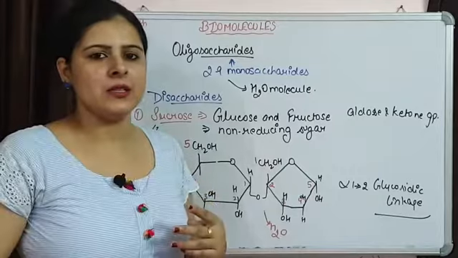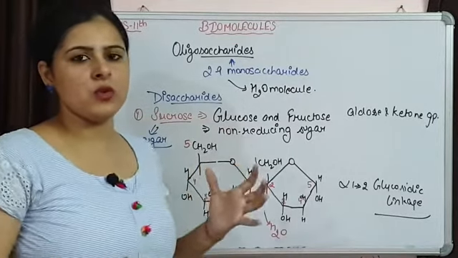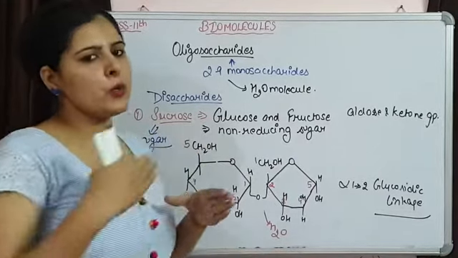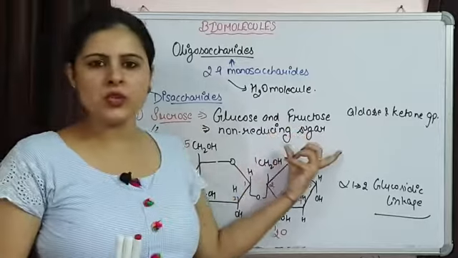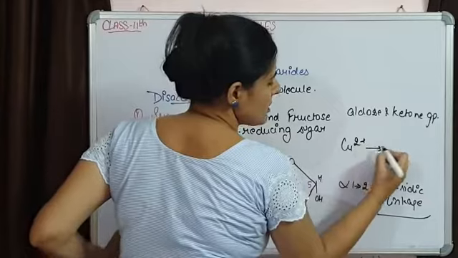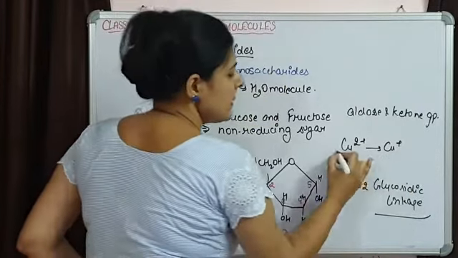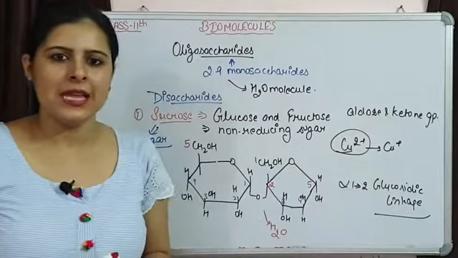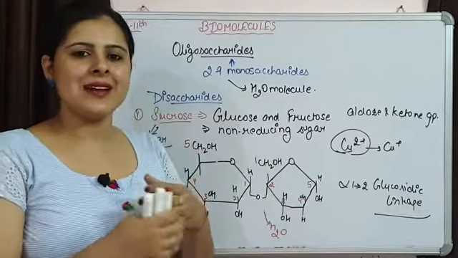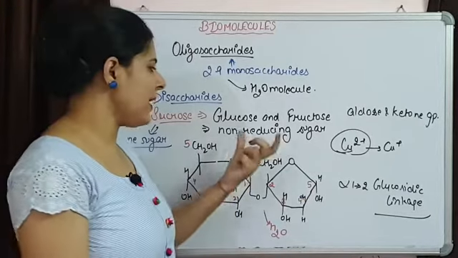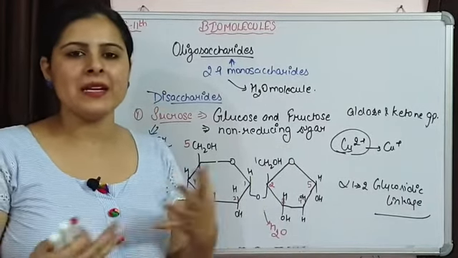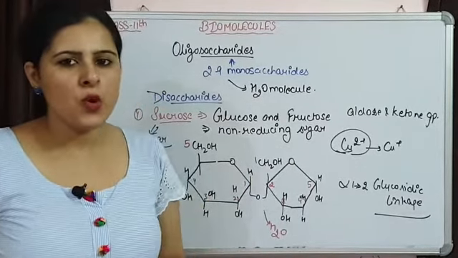While other disaccharides, like maltose or lactose which we will talk about, have free functional groups. If a free functional group is present, the sugar is going to be a reducing sugar. Why is it known as a reducing sugar? Because it is going to convert Cu2+ into Cu+. So it is going to reduce these ions. That's why it is known as a reducing sugar. We use certain tests to identify reducing and non-reducing sugars, like Fehling's test and Benedict's test, which is the most common one.